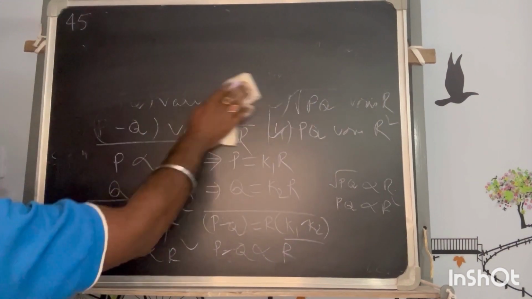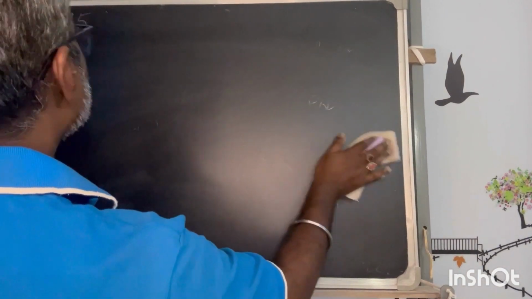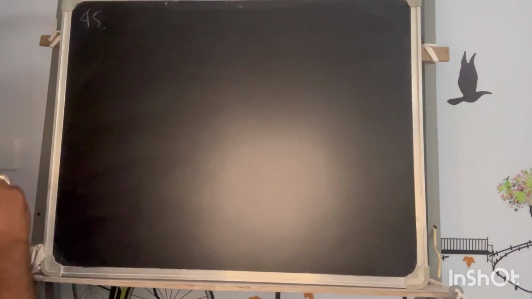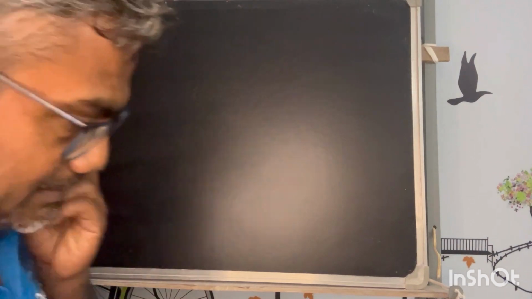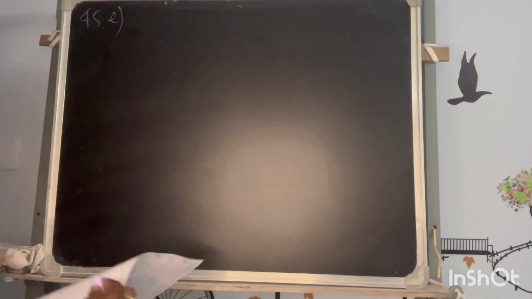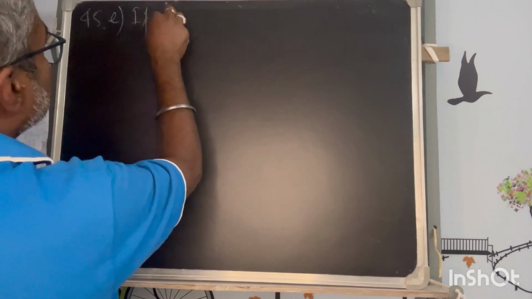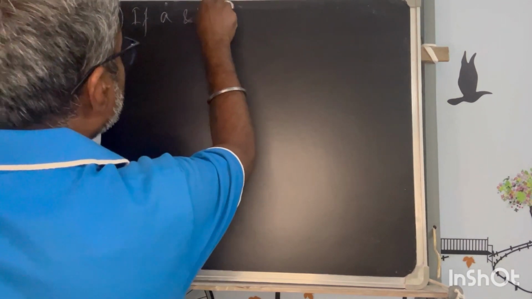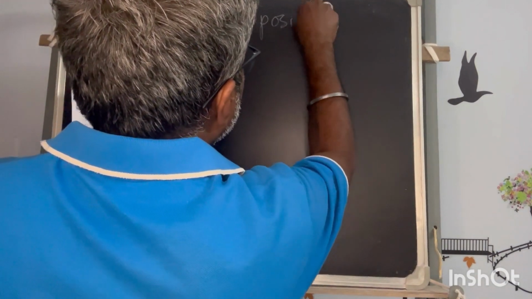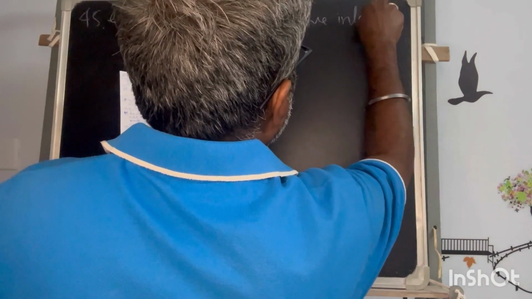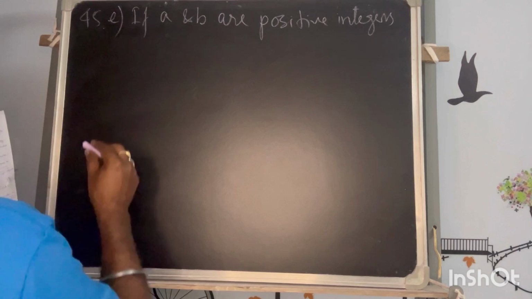That is problem number E under 45, and this will be the last. The next problem is E under 45, and this is your last problem in this series, and it says: if A and B are positive integers, then